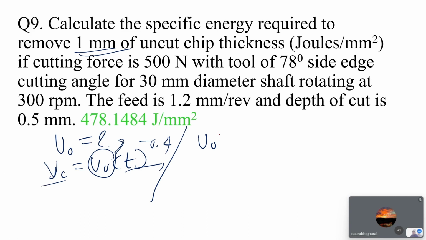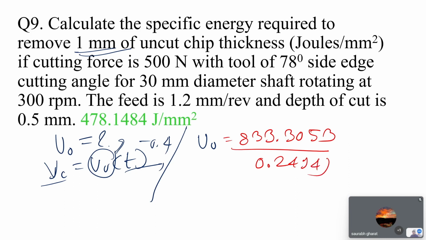So U0 is equal to 833, which came from the previous question, question number 8, divided by your thickness. What is your thickness? 0.2494 to the power of minus 0.4. So the minus sign is important. If you wrongly take the minus sign, the answer is wrong. Here the 0.4 with the minus is important. So we get U0 is equal to